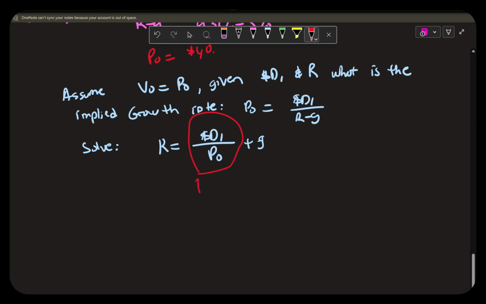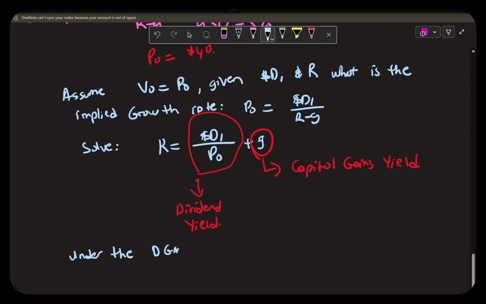We have a special name for this. We call that dividend yield. So in a sense, expected return from owning a stock is equal to the sum of the dividend yield plus the growth rate. In fact, it turns out that this is also the capital gains yield. In general, under the DGM, the dividend growth model,